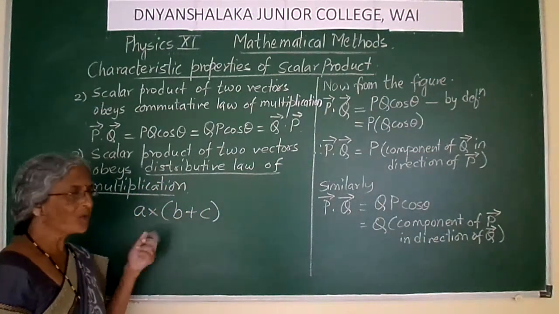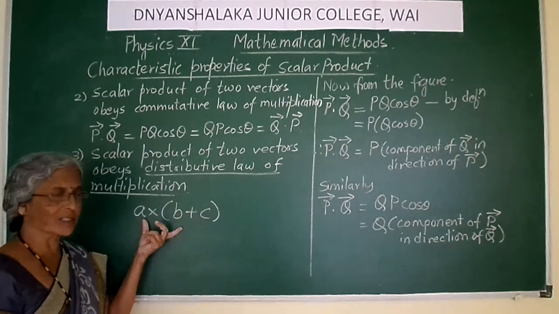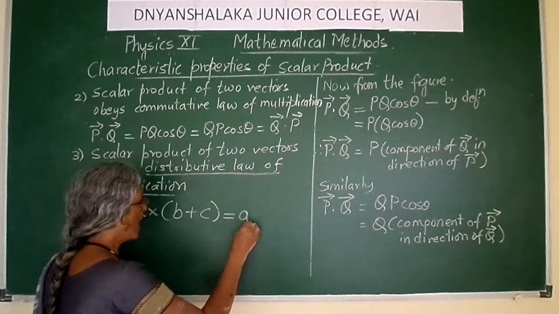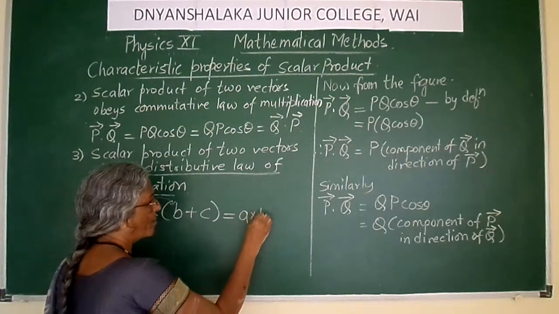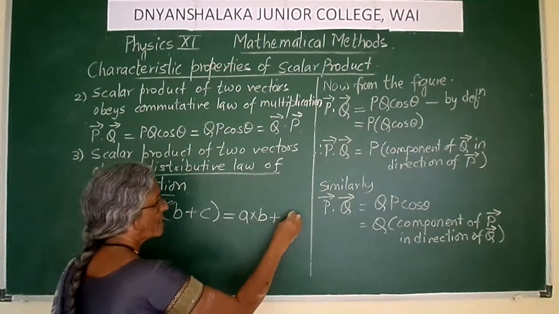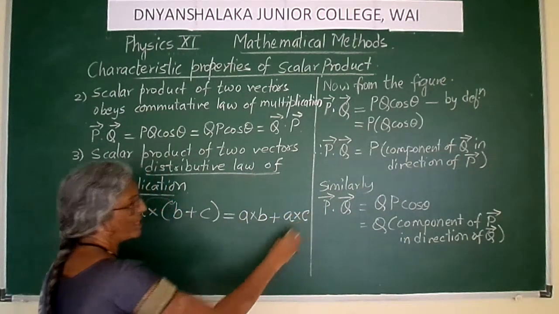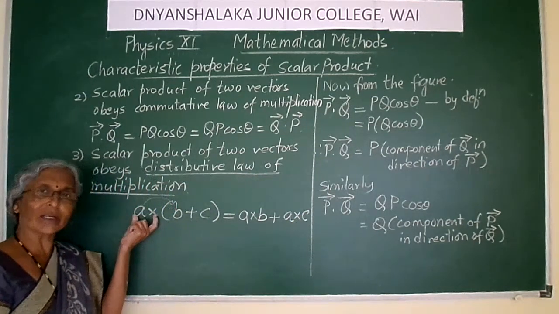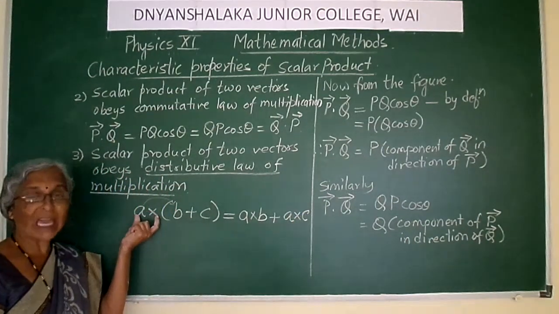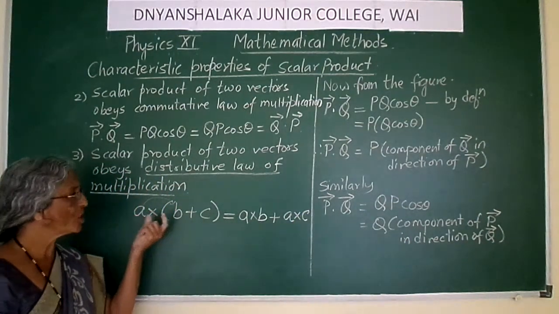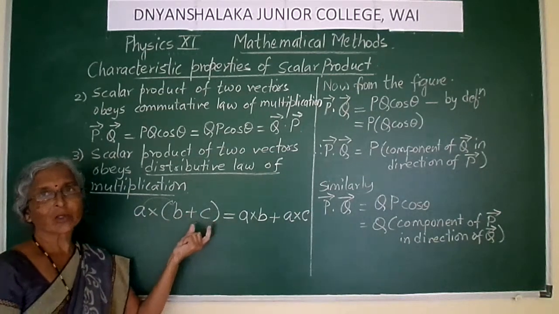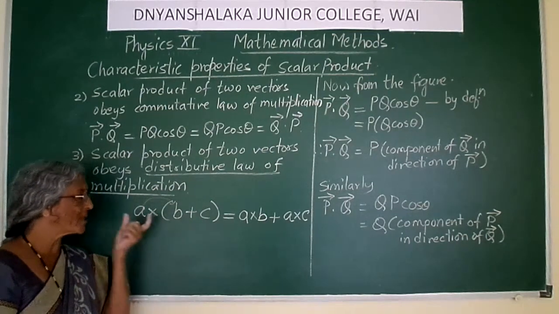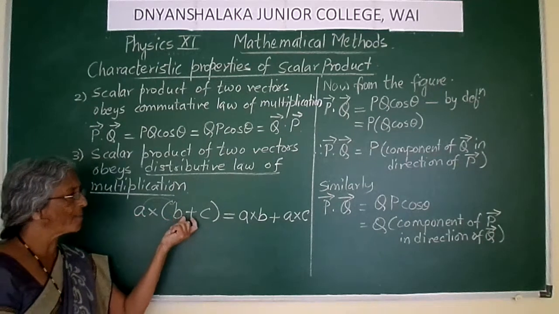Okay, haven't you all solved such types of examples? Obviously, if I ask you to expand this, how will you write it? A multiplied by b plus a multiplied by c, right? That means you have distributed this multiplication of a over addition of b and c. So what are you getting? A multiplied by, in the bracket b plus c can be written as a multiplied by b plus a multiplied by c.